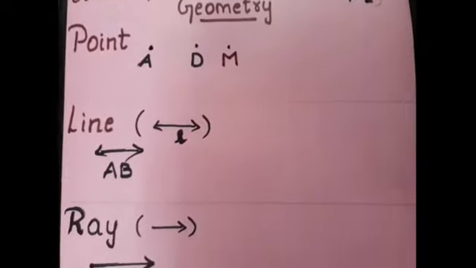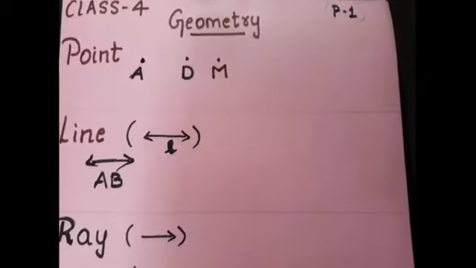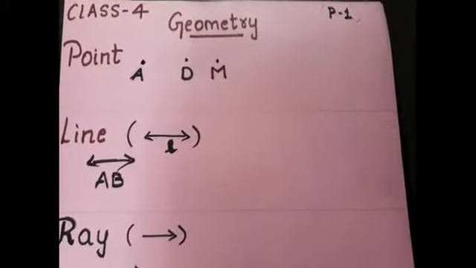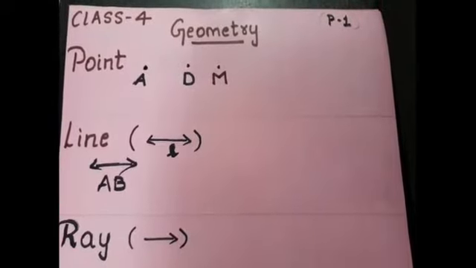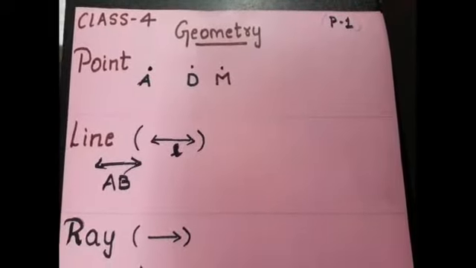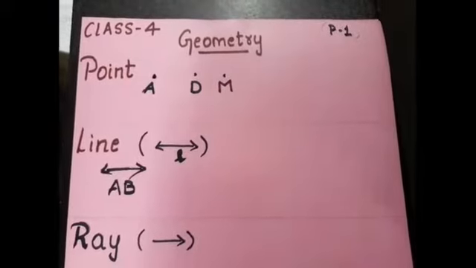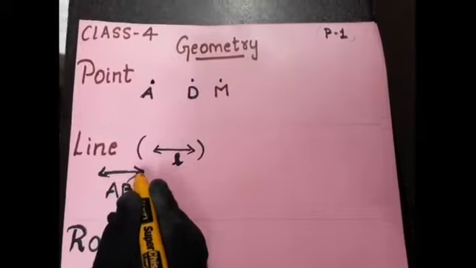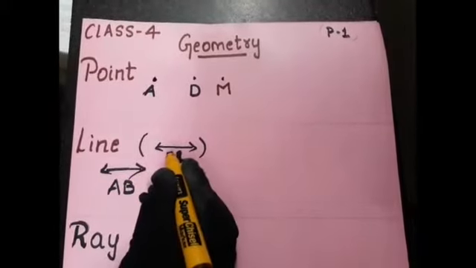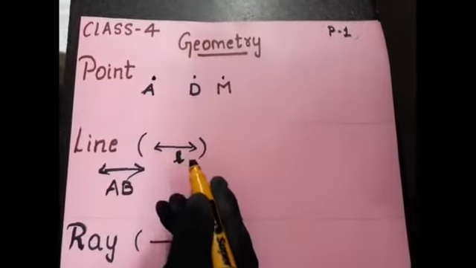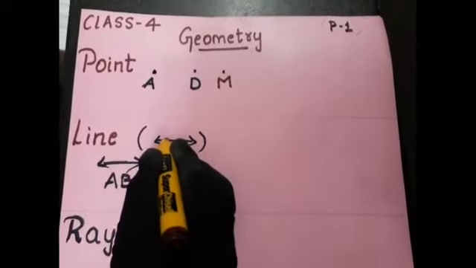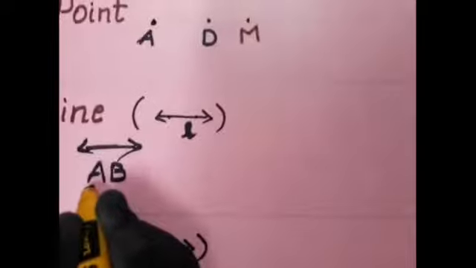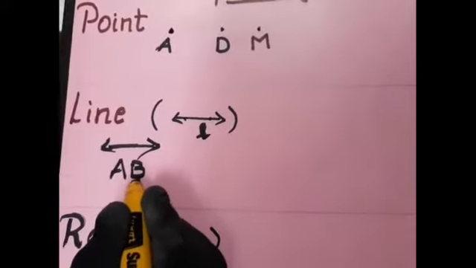Next we'll go to line. What is a line, students? A line is just a path of a moving point. It is a long straight line marked with the help of a pen, pencil, marker or chalk on a blackboard. Now this is a line. We denote it with this symbol for line. Now I mark 2 points on the line. We can write it as, this is a line AB.